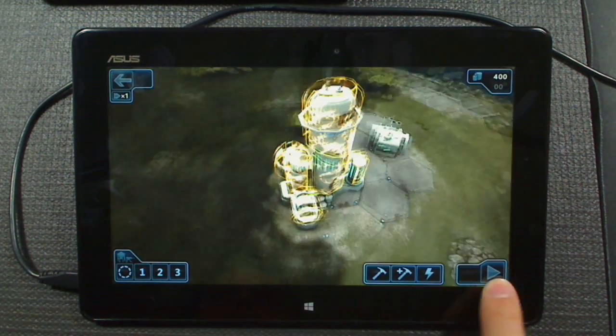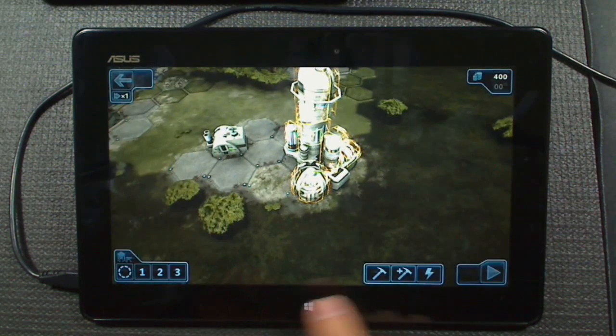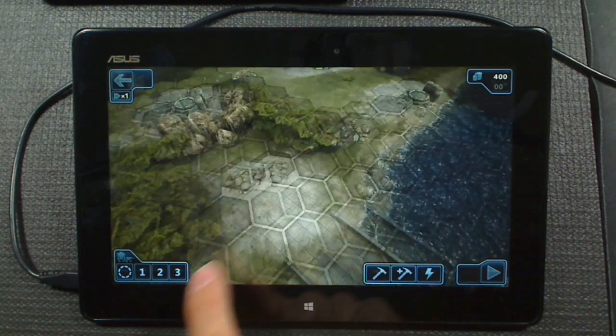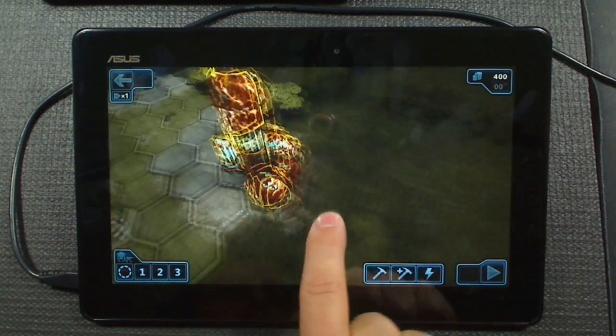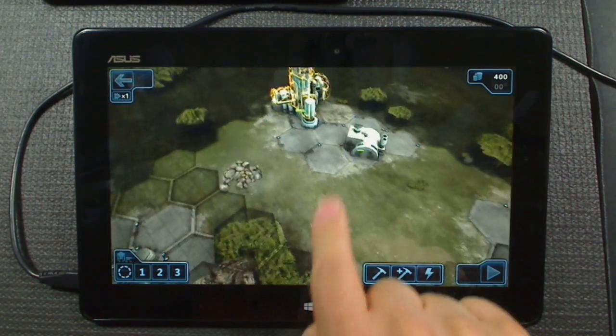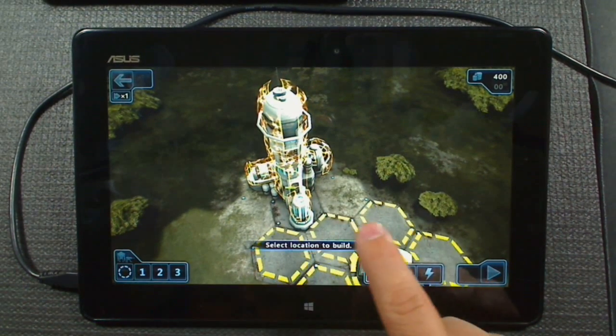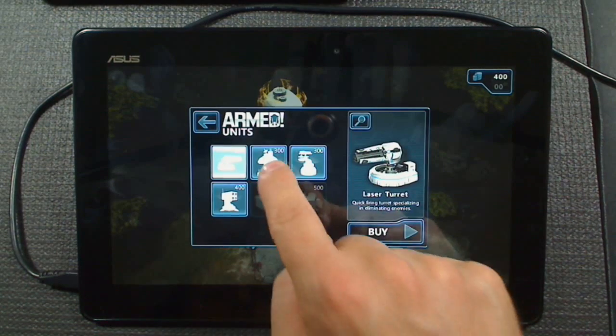And you can rotate around just by dragging along the bottom here. Round and round and round. And somewhere on the map is your enemy, over here. There he is. And you do things like you pick a spot, you build something, pick a spot, put something